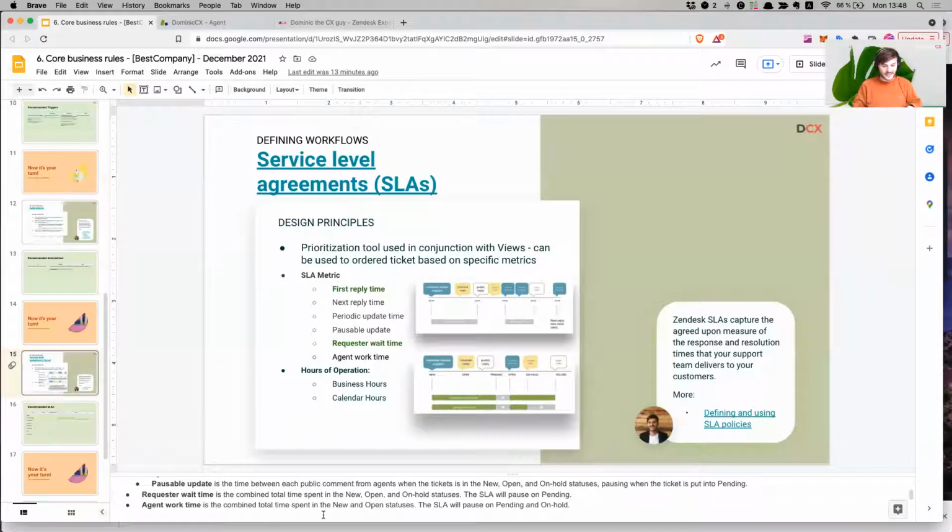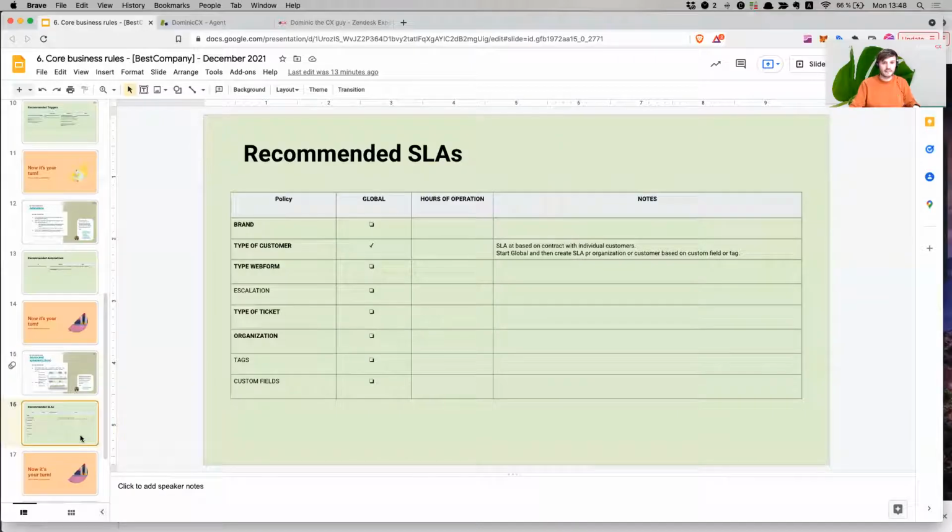So use business hours if you offer support from Monday to Friday. If you offer it from Monday to Sunday, then maybe consider using calendar hours. But if you don't offer 24/7, don't use calendar hours, because it's going to create so much confusion. Okay, so this is as far as